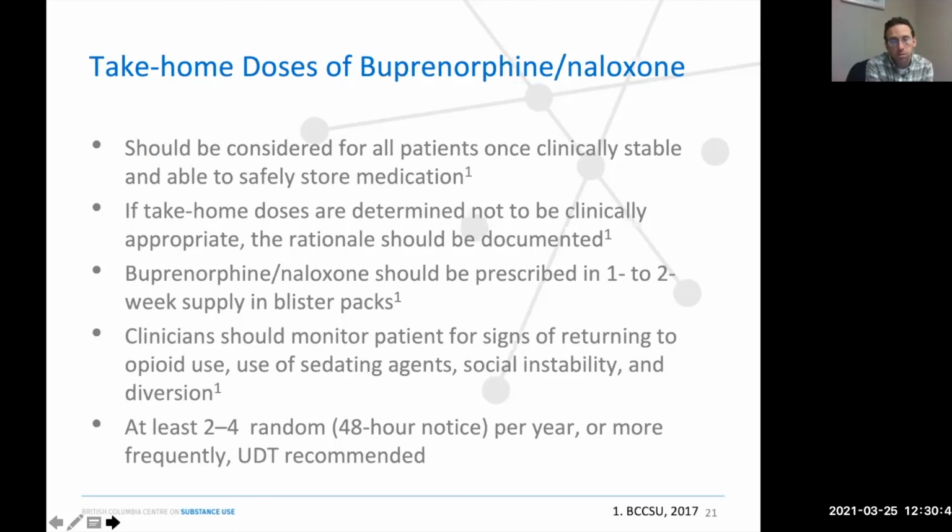And while people are on buprenorphine, just monitoring for signs of stability. Even if someone's using opioids or using other substances, I generally continue carry doses just because it's so safe. But I know that's a bit different from clinician to clinician. And the guidelines do say some random urines. To me, I don't do random urines actually in buprenorphine patients, because I'm not going to stop their carries if they have a positive urine. So that's being reviewed with the new urine drug guidelines.